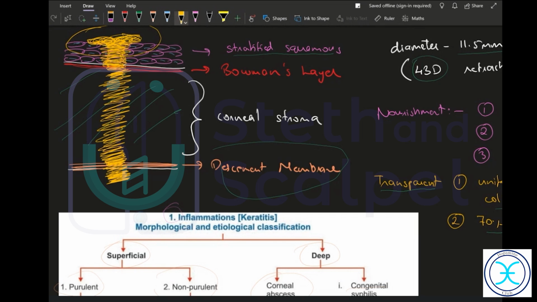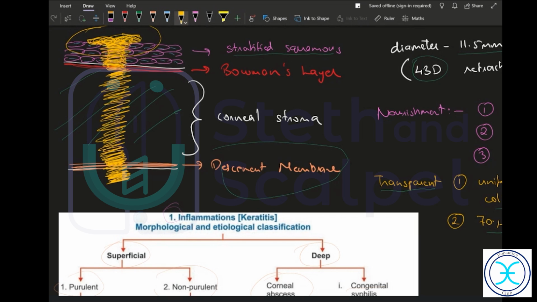In case you want to check the corneal curvature in the OPD and you don't have any complicated high-end devices, what will you do? Torchlight, slit lamp. You just see the patient's eye from the side view, and you will see a prominent conical or bulging shape. It's very easy to pick up. If you use a torch, it becomes much more prominent, and you'll easily be able to pick up any kind of corneal shape or curvature differences.